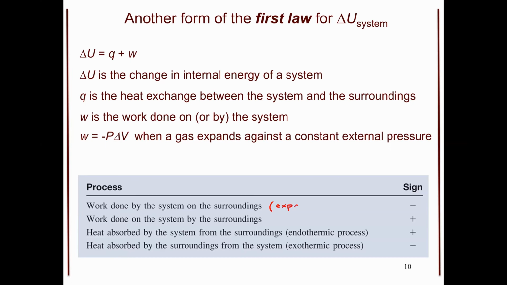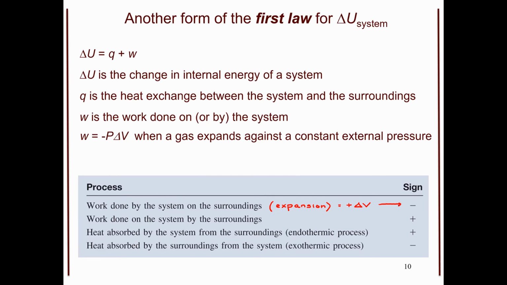In an expansion, our volume is going to get bigger. So this means that we are going to get a positive delta V. Well, as you can see in our equation, if I have a positive delta V times a negative P, that is how we end up with the negative sign